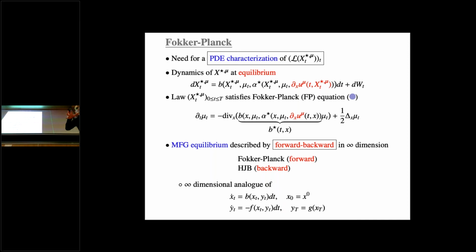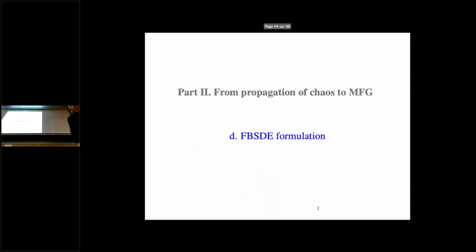This is useful to have several approaches, because when the model becomes very complex, either you can choose between one of the two approaches, or you can take elements from one approach and then combine with elements from another approach. And so this is always useful in maths to have several approaches for the same question. So this is what people call forward-backward SDEs formulation.